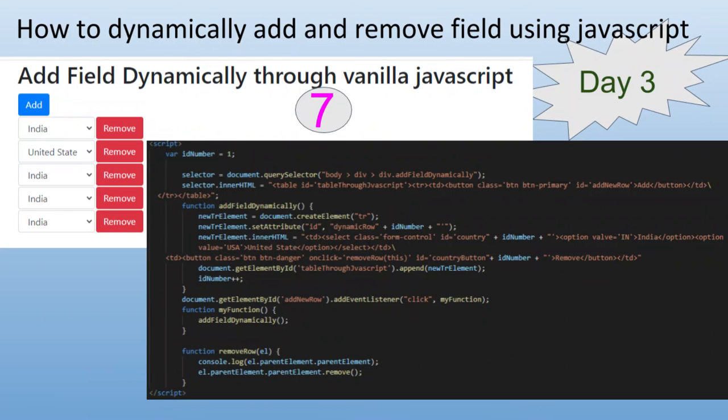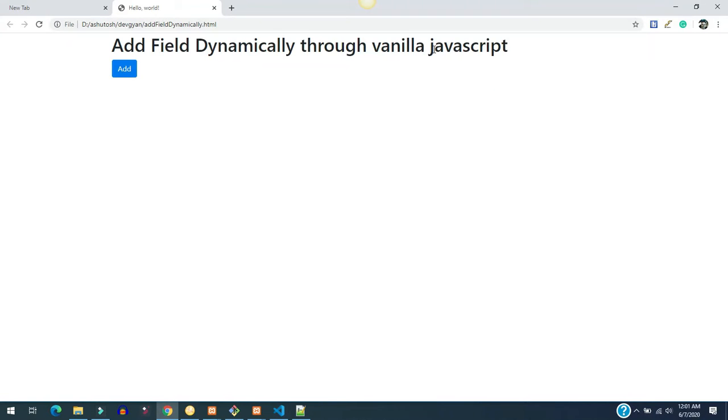Hello friends, today I am going to discuss a very important topic. This is a little advanced, and in this way you will learn vanilla JavaScript very easily. It means core JavaScript. Core JavaScript is in demand, okay, because lots of people are using lots of frameworks, so they are missing the core JavaScript language, but sometimes it's very useful. That's why I'm going to discuss how to dynamically generate a row. In this way you will learn more deeply about JavaScript.